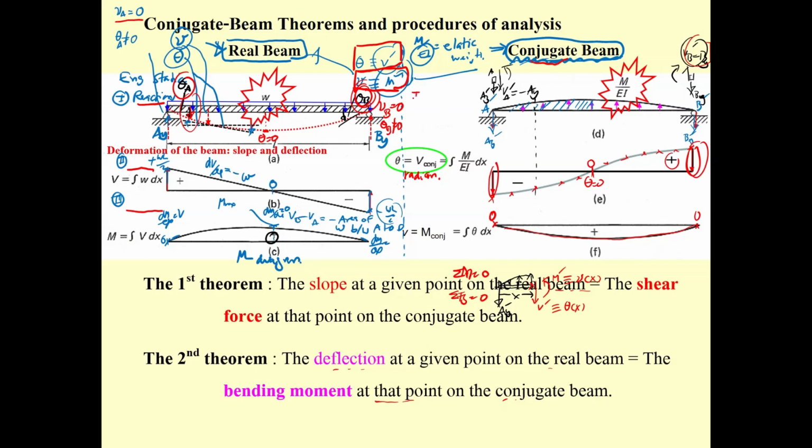Then fourth, change the M diagram to M over EI. Change it to the elastic weight. Okay. And draw the conjugate beam. Okay, draw the conjugate beam. And then what? Fifth, you